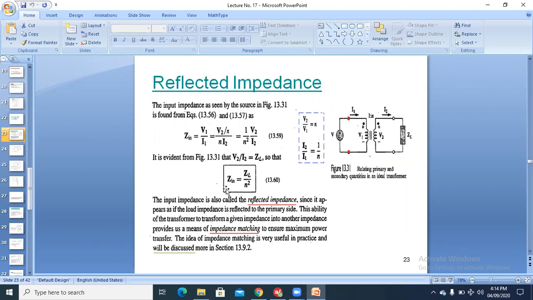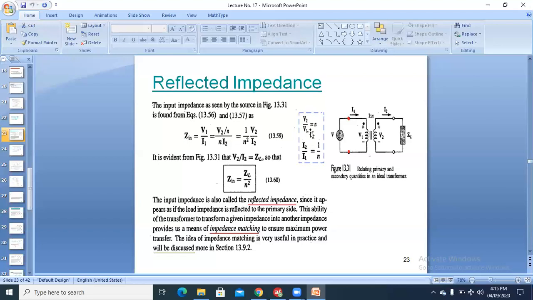input impedance of the network, and then we calculate the value of the current and voltages in the circuit. So how can we calculate the input impedance of the network if we know that V1 is the voltage across the primary coil and I1 is the current to the primary coil? So that is the input impedance of the ideal transformer.